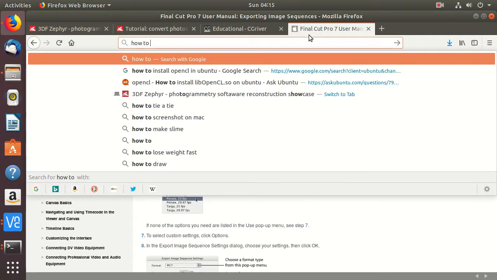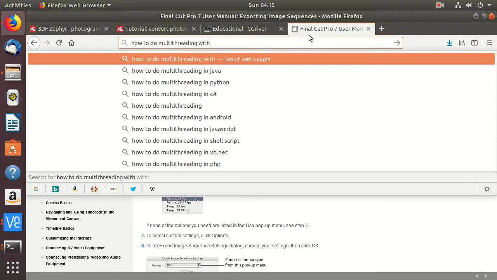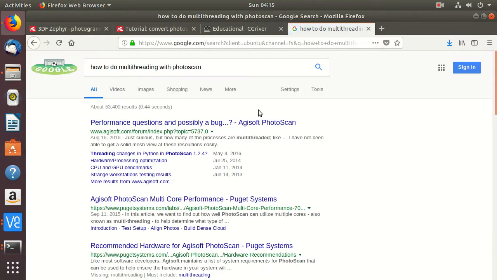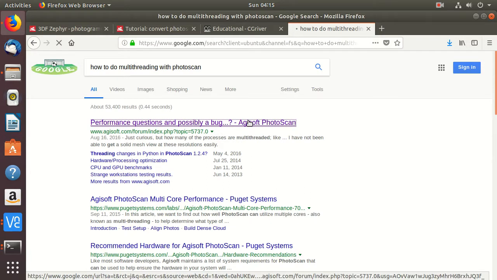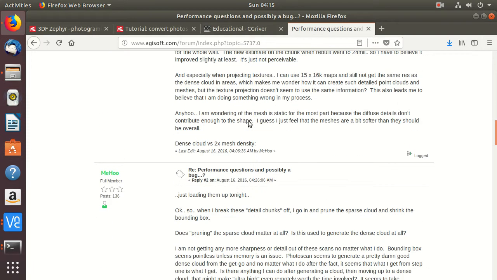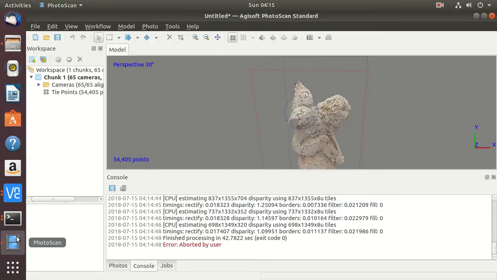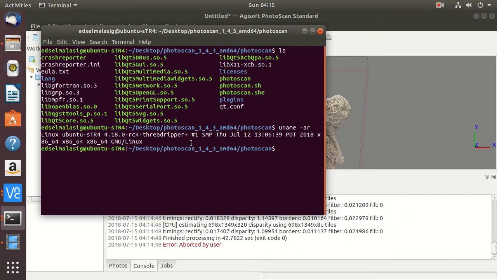Have to do multi-threading with PhotoScan. Okay, apparently he's not being friendly, so